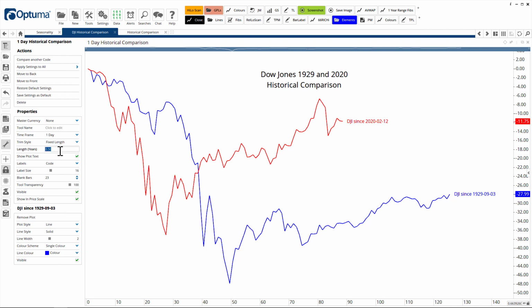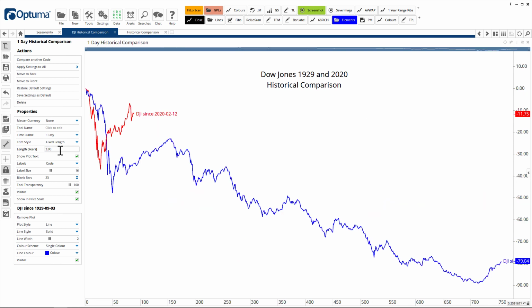Now that's only 6 months out, so we can change the fixed length. Let's make that 3 years, and you can see that from 1929 it kept going for the next 3 years before it started